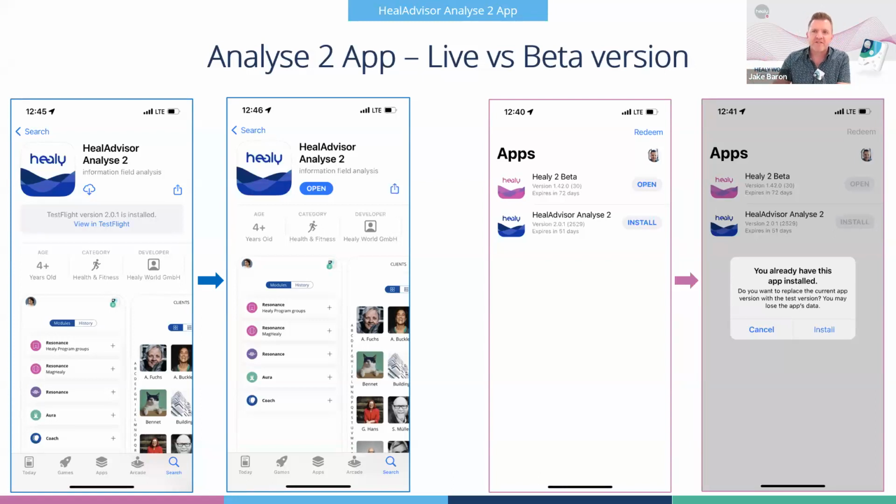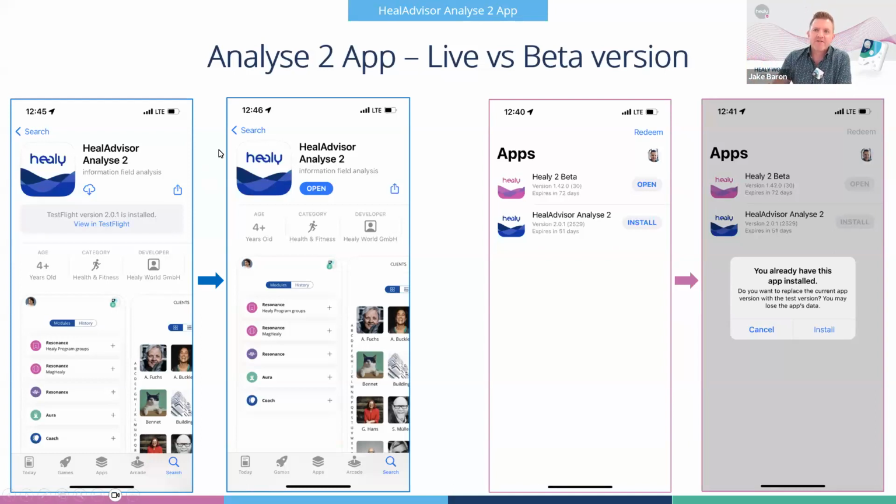That's perfectly fine. But you'll see here on the far left, this is where I was in the beta group. If you're on the Apple platform, the iOS, TestFlight is what's used for the beta version. A lot of us on Apple had to download TestFlight, and then the app would open up inside of TestFlight itself.